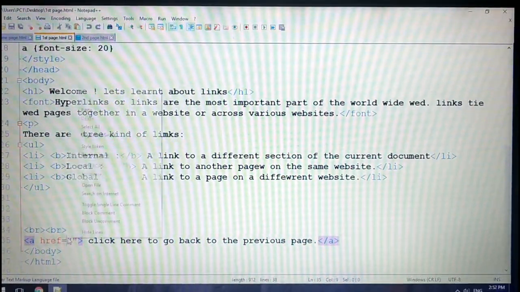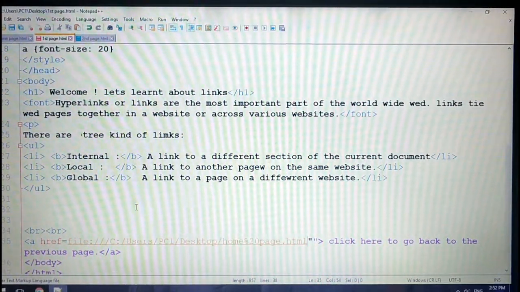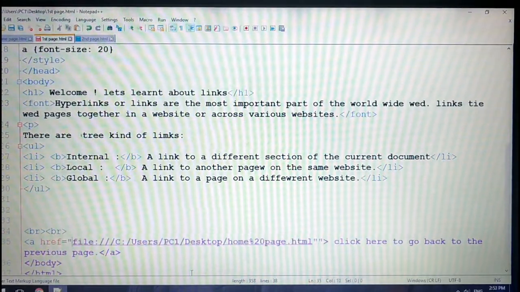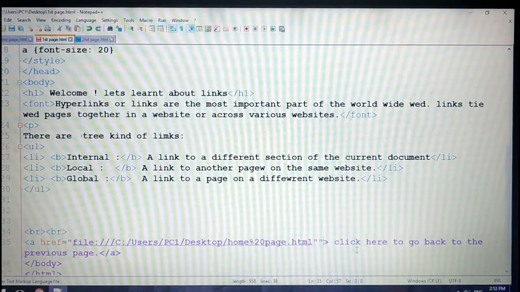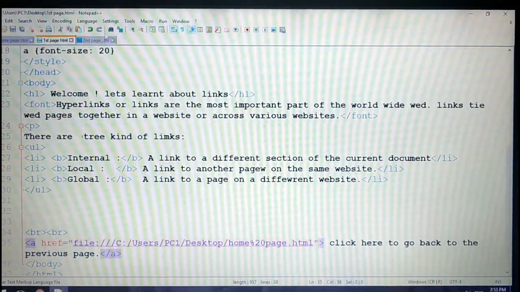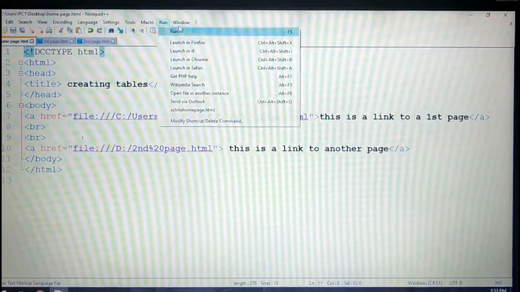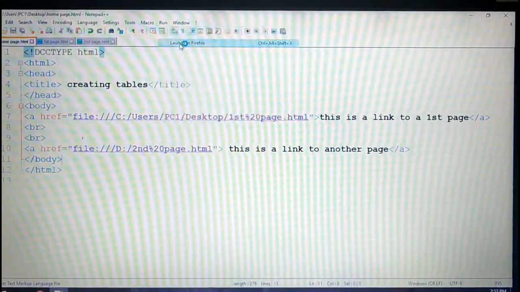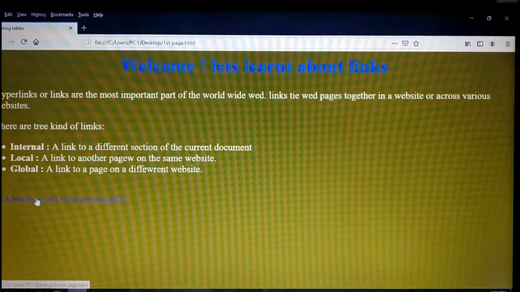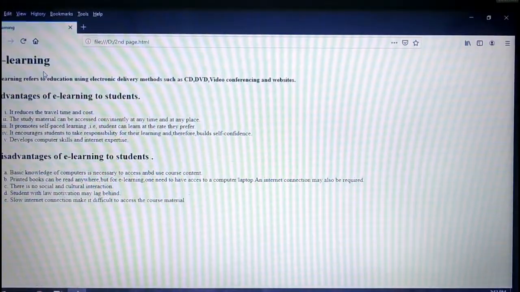Yes, here. Save the program. Now, if you want to check, go to the first page and run it. Check here, you will get a link to go to the previous page. Like this, you make it for the second page also.